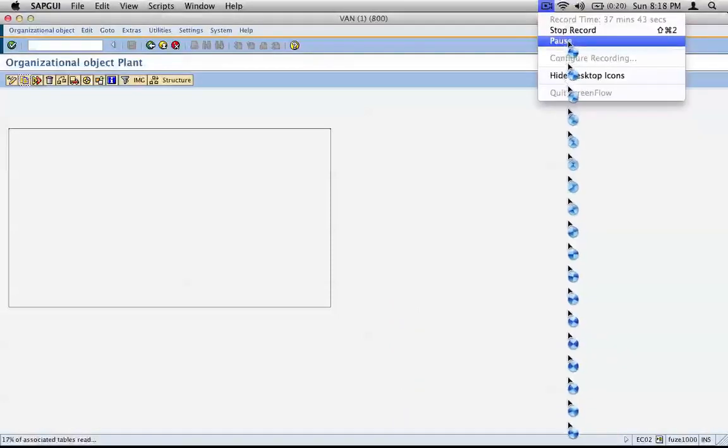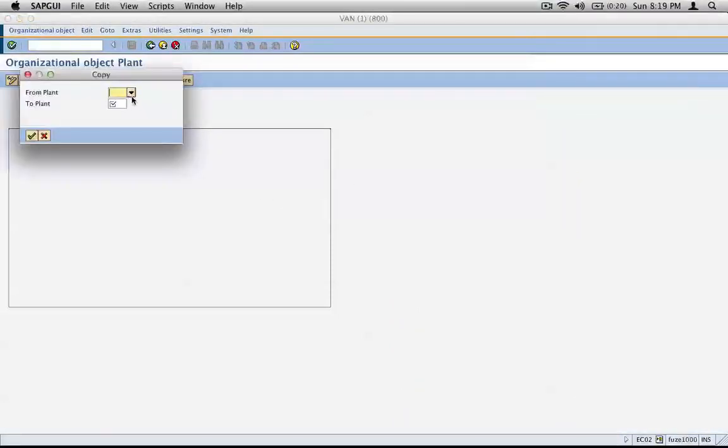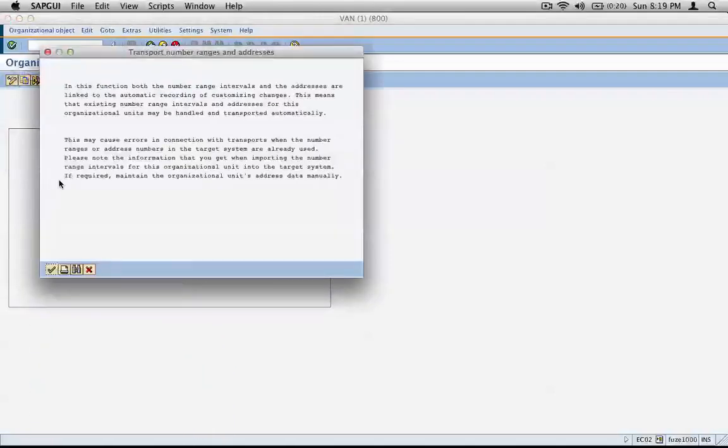choose the source as 0001 as usual, and the target is going to be the plant in New Jersey, let's say. So it's going to be New J, and then hit enter. You know, the same transport number message, click OK,